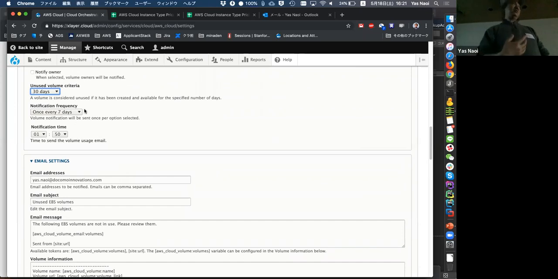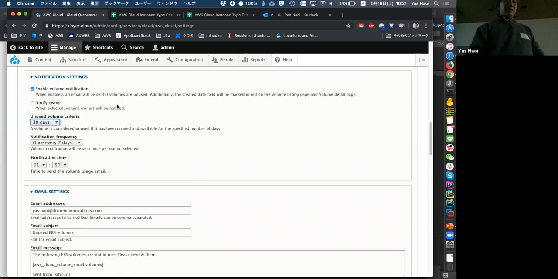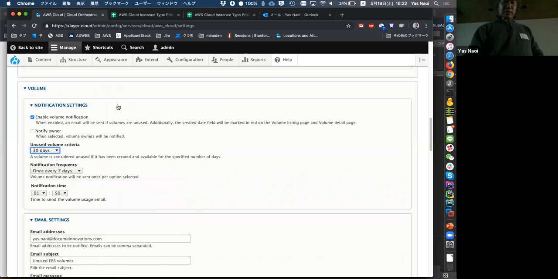Then we receive a list of potentially unnecessary volumes, and the IT admin or the user notices the unnecessary instance or volume to delete in the future.